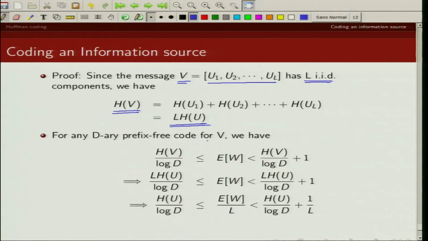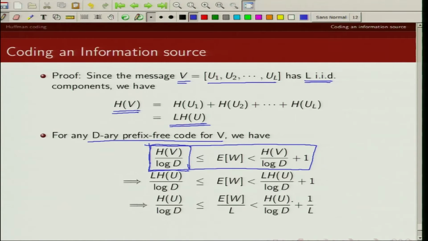Now we know that if we have a prefix free code for V, we have shown earlier that expected code word length is lower bounded by entropy over log D and upper bounded by entropy over log D plus 1. This we have proved in the earlier lecture. So if we plug in the value of uncertainty in V, we get L times H of U over log of D as the lower bound on expected code word length, and the upper bound is L times H of U over log D plus 1.